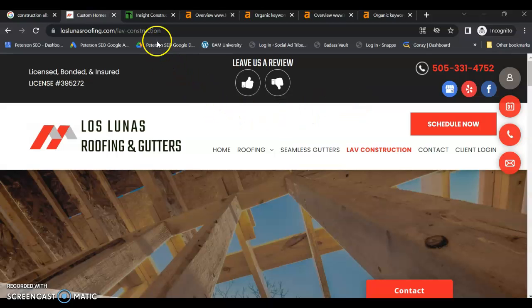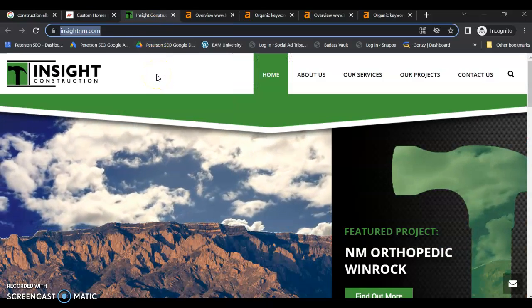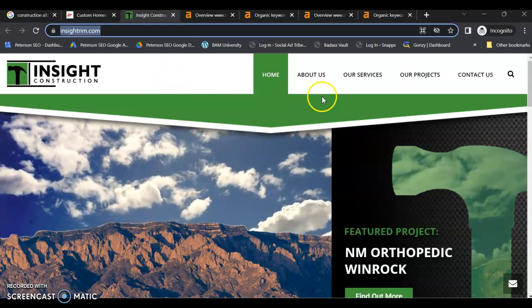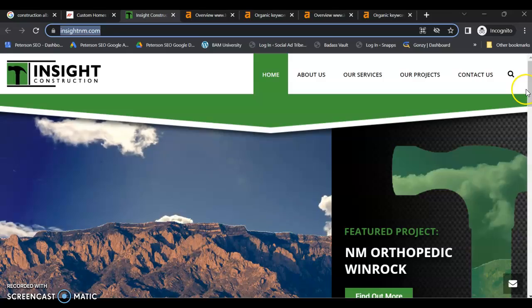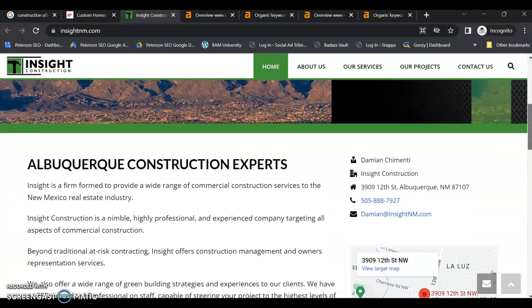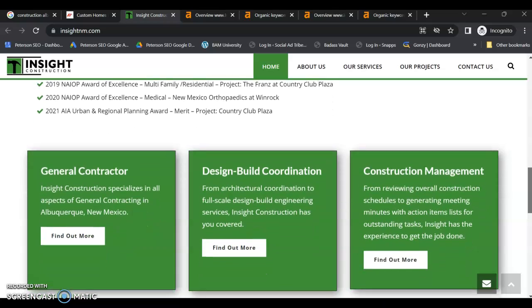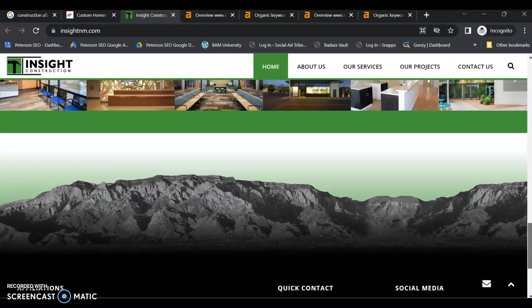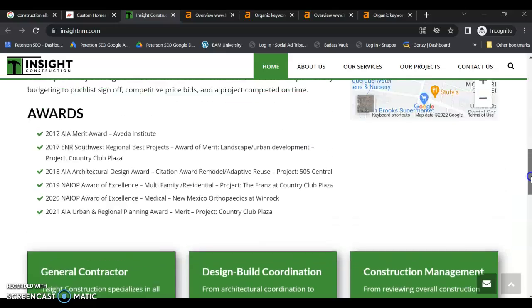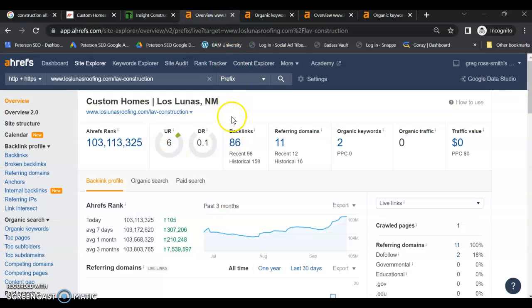Okay, so one of your top competitors in your area competing for the same keywords is Insight Construction. They look like they're only doing commercial. Their website is okay. It's not fantastic. They don't appear to have separate pages for their services, so that doesn't really do much to help them. They do have more content on their homepage versus your homepage. So you definitely would have to have more content than they do. And then you also need to support your website with SEO, because without it, your website is not going to be found. So if we look here, we can see that this website for Las Lunas Roofing